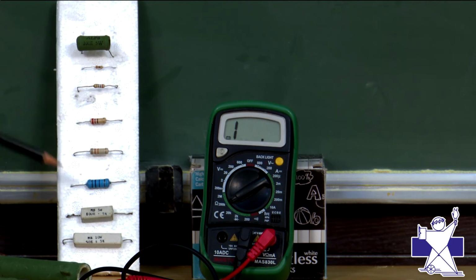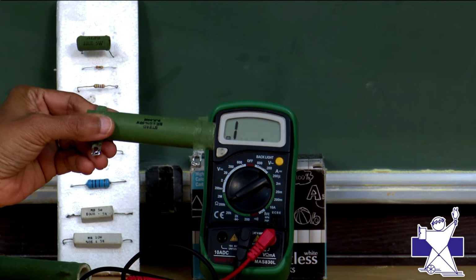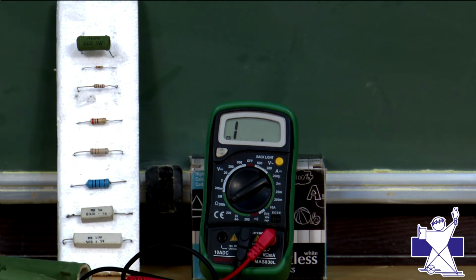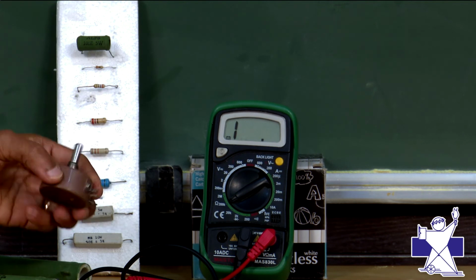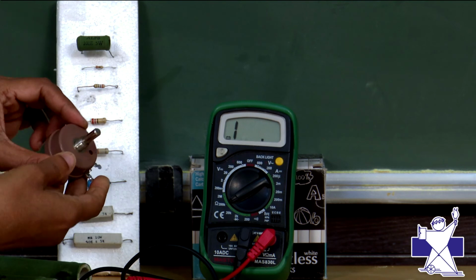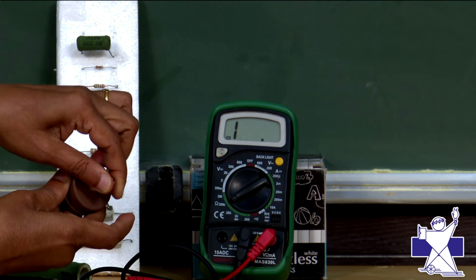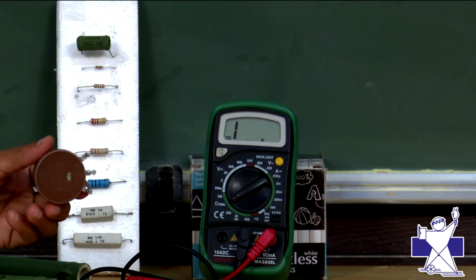Now this is another type of resistance called ceramic resistance. And this is also a ceramic resistance. Again, you can see this is also one type of resistance made up of ceramic only. And this is also a resistance. This is a variable resistance. See, you have one pot rotator. You can rotate this. This is a variable resistor called a pot.